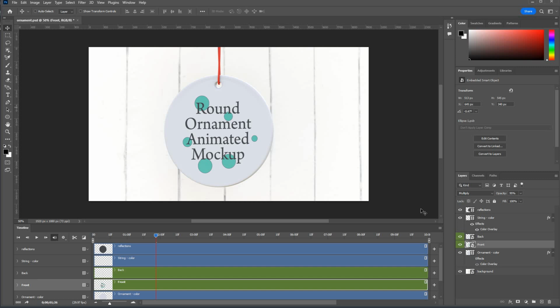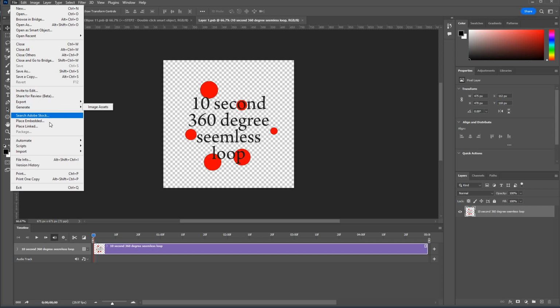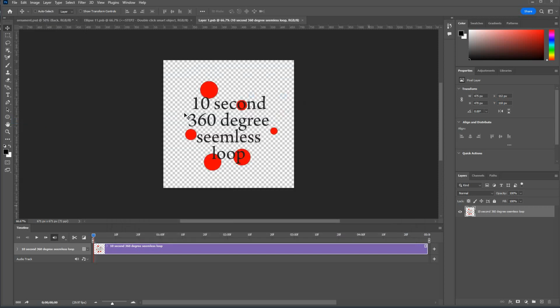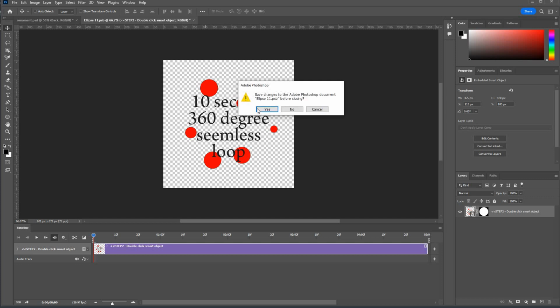Exactly the same process for the backs. So double click once to open this one up, and then double click again, and then File, Place Embedded, sorry, and then navigate to wherever you've got your designs, plonk it on there. Say yes when you're closing it, say yes again,